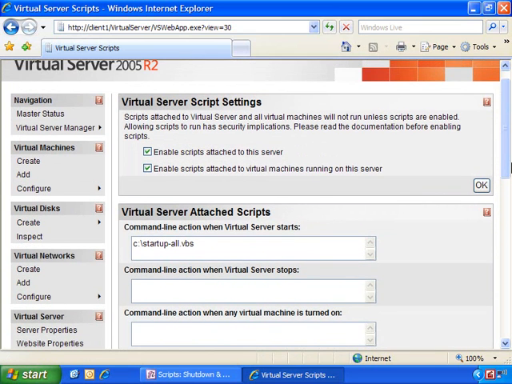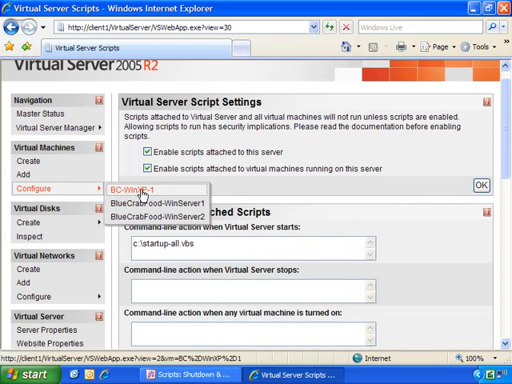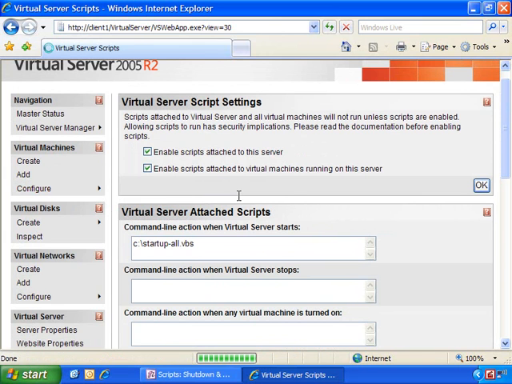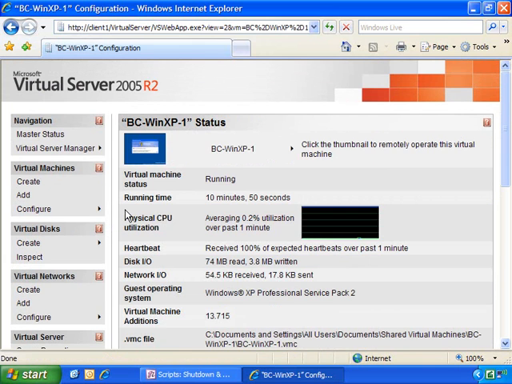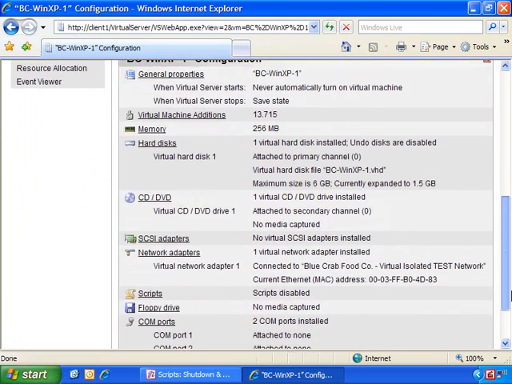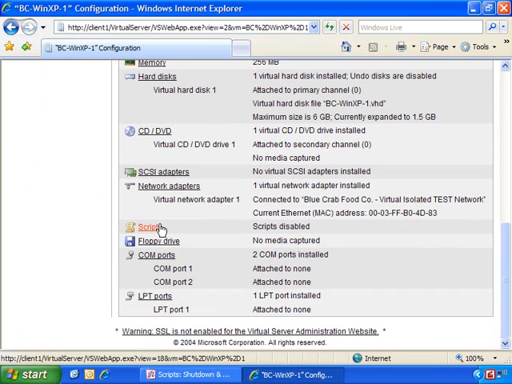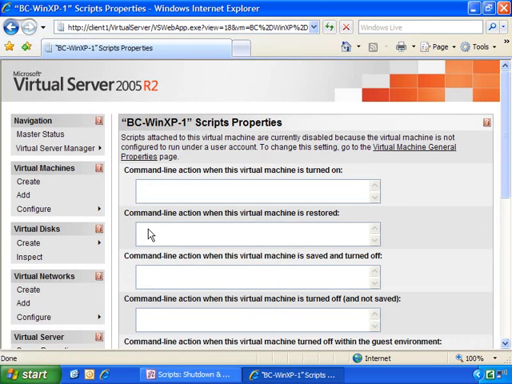Now inside each virtual machine, there are scripts that you can configure. So if I go into configure here, and then configure an individual virtual machine, if you scroll down, there's a section that says scripts. Notice here that it says scripts are currently disabled. If I click on that, even though we enabled scripts for the entire virtual server,